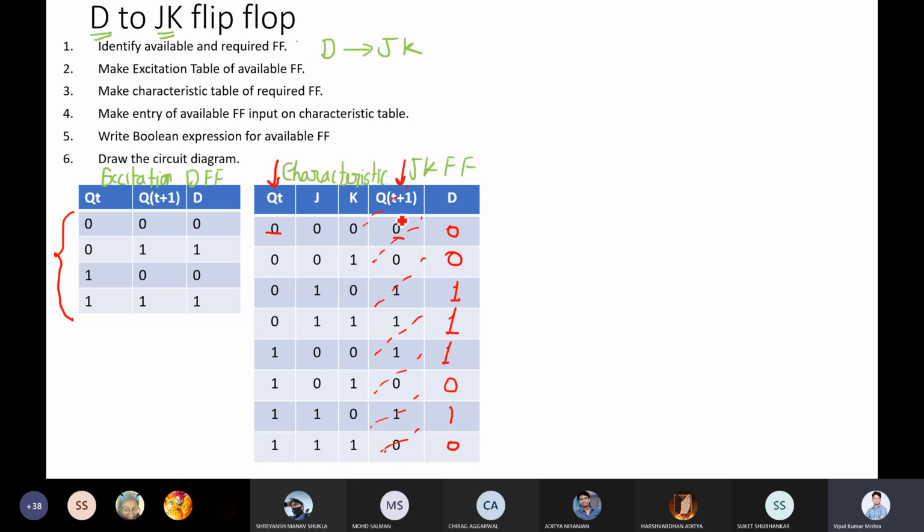Now we have a table with these three inputs and this one output. Now I want a function of D, which is a function of Qt, J and K. So how will you solve this?